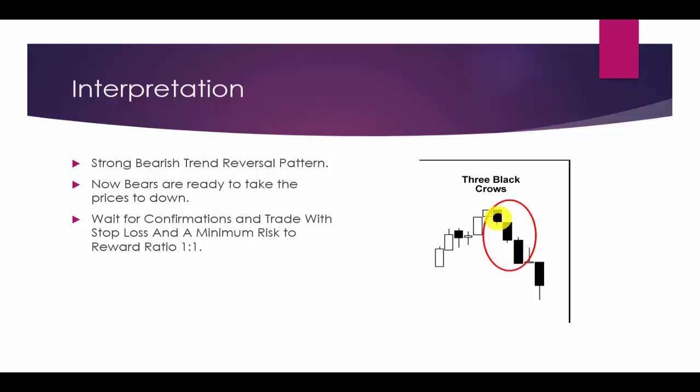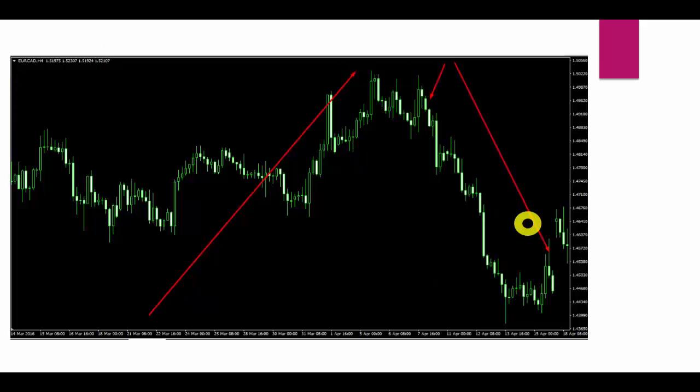Once again I will repeat its conditions. Three candlestick pattern: the first candle should be bearish, the second candle should be bearish with its close near low and a very small shadow, and the third candle should be big with no lower shadow. We will find this pattern after a strong uptrend. Now we will go to the chart and see an example of this pattern.